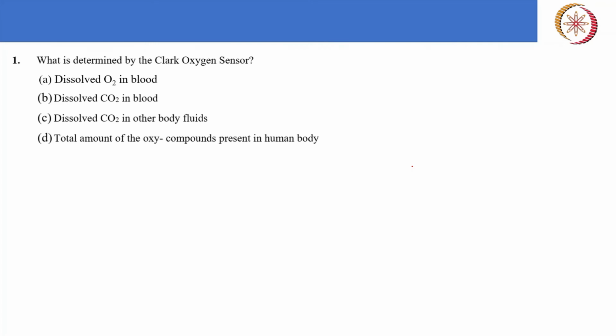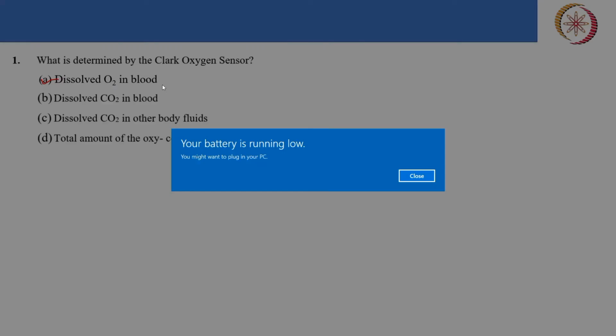So as I have discussed in the first one, basically it can measure the dissolved oxygen in your